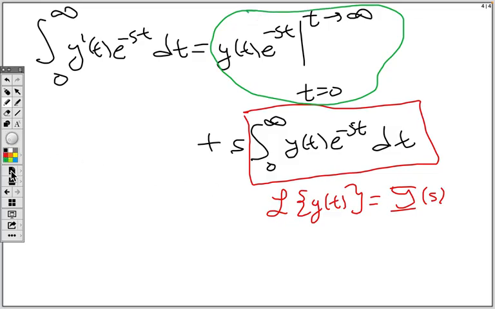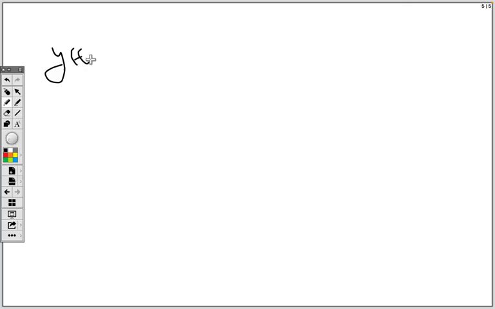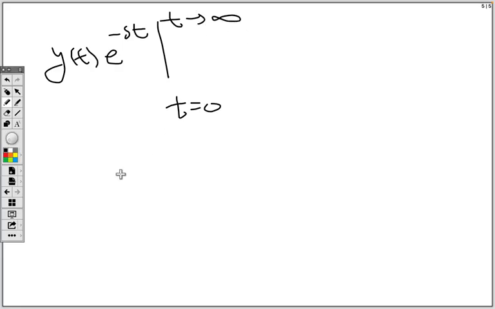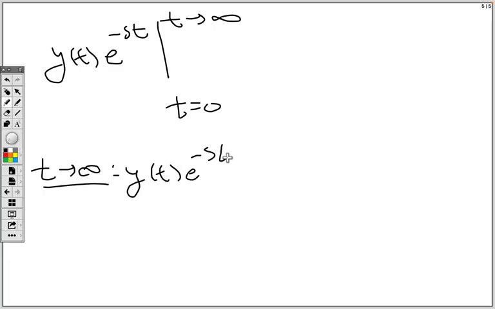So let's think about what has to happen here. If I'm looking at y of t e to the minus st from t equals 0, and then as t goes to infinity, we have to think what's going to happen as t goes to infinity of y of t e to the minus st. We don't know what y of t is. But when we take these Laplace transforms, we need to have this piece go to where? In order for that integral to converge,